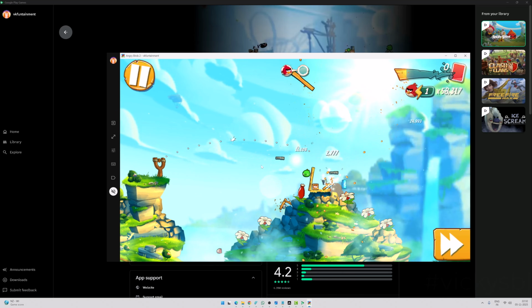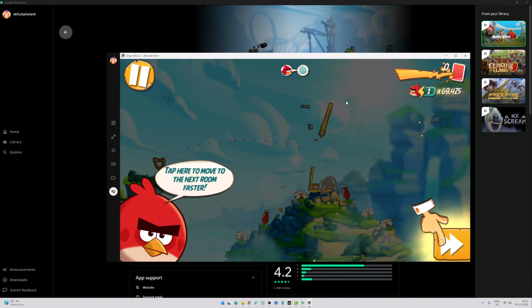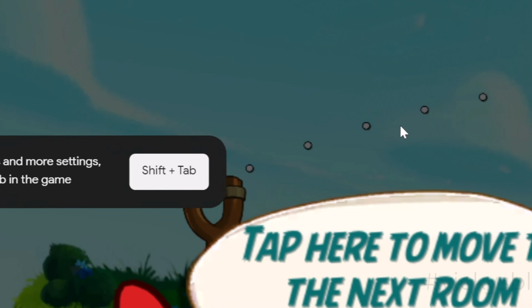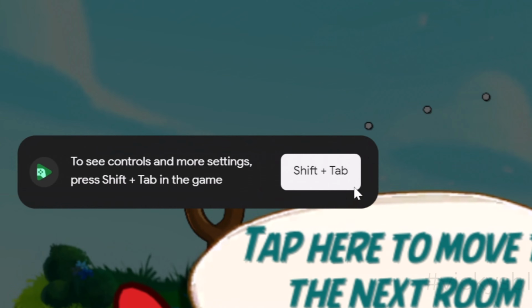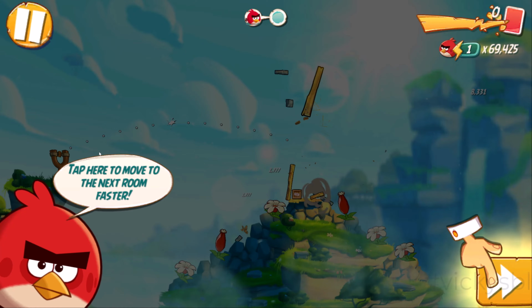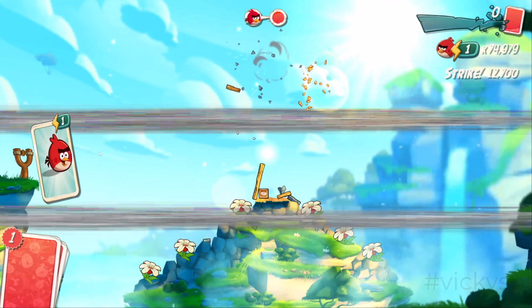Hello guys, in this video I'm just going to explain what to do if your mouse got stuck, for example in full screen. I'm going to make it full screen. So the shortcut to get the settings is Shift+Tab on your keyboard. So use Shift+Tab,